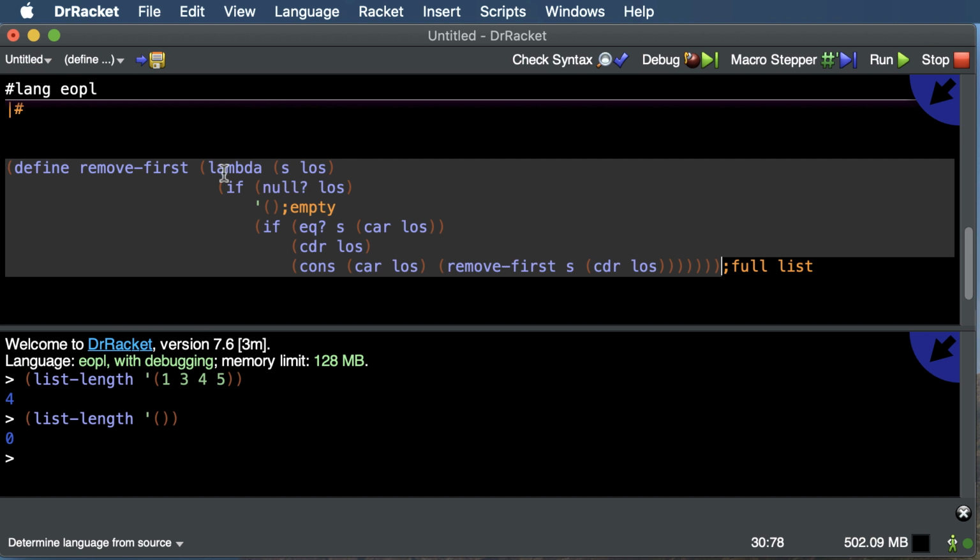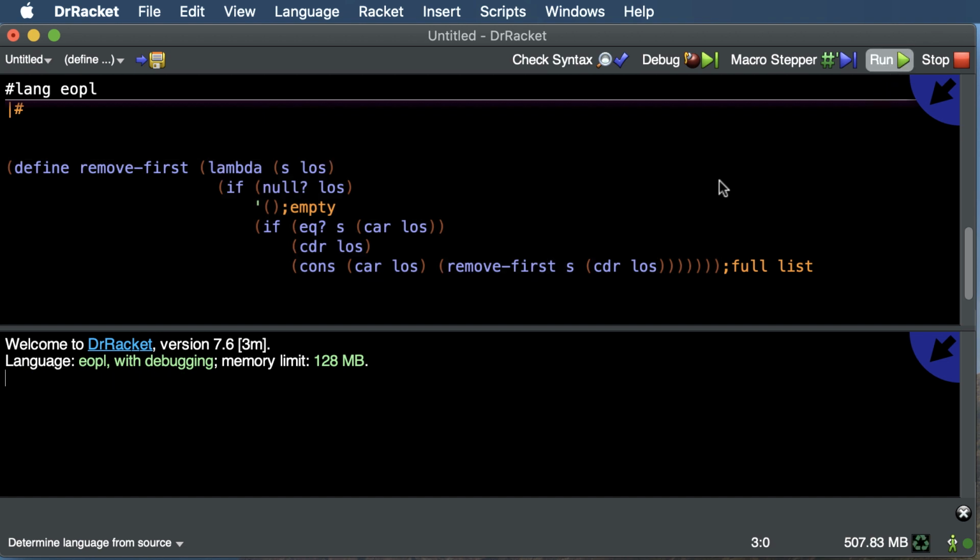We have a remove first function. So let's see if it works. So we'll do that same example. I might not get the same list, but D, C, A, B, F, A, D. And we can see that this first A is now removed out of the list, but we did keep the